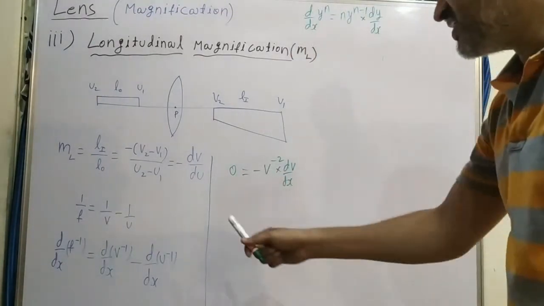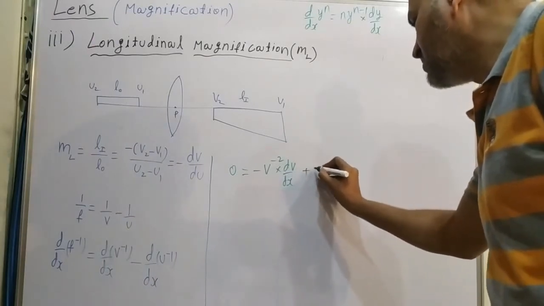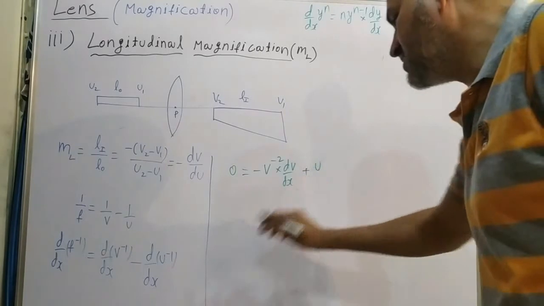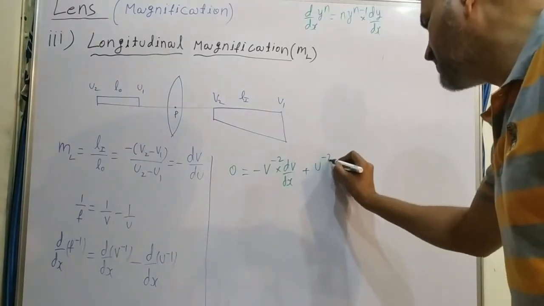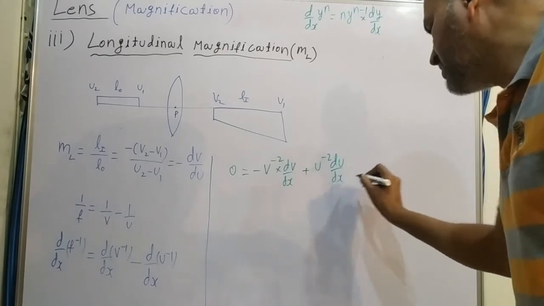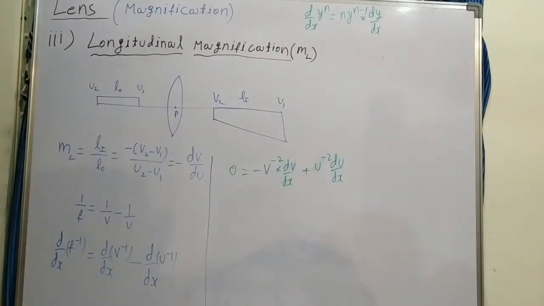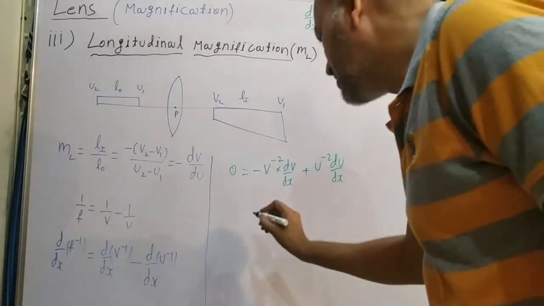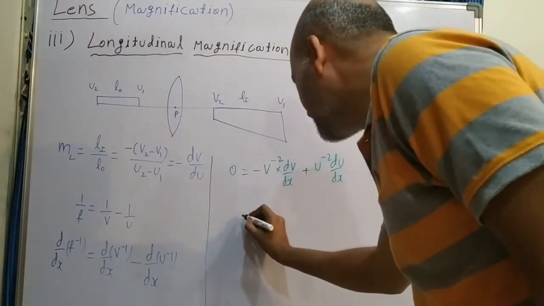Again in the formula you get minus, which gets cancelled, and you get plus u power minus 2 into du by dx in the second case. Send this to one side. What do you get? Here you can write